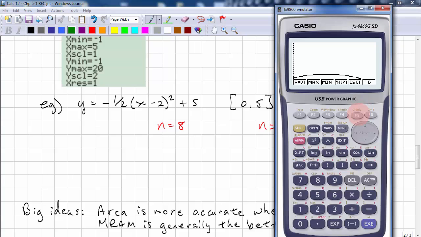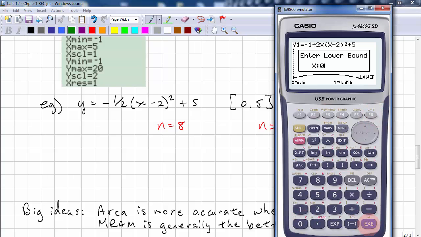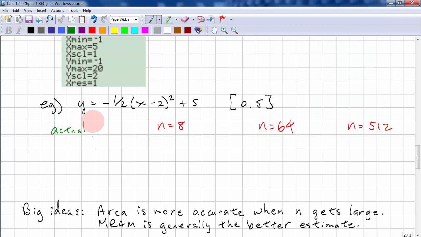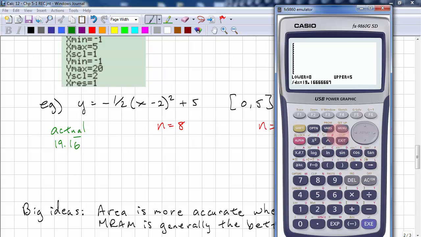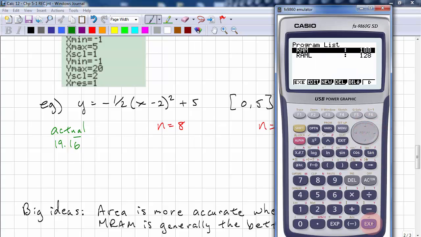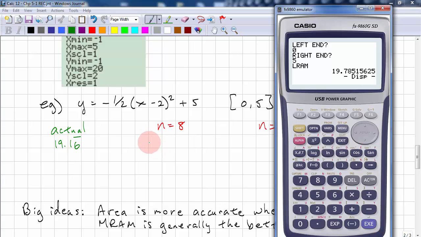Okay, G-solve. We want to always do a G-solve first, just to see what the actual answer is. Actual is 19.16 repeating before we do our rectangular approximations. Okay, so exit menu, program, RAM, 8 partitions, left end 0, right end 5, and we get